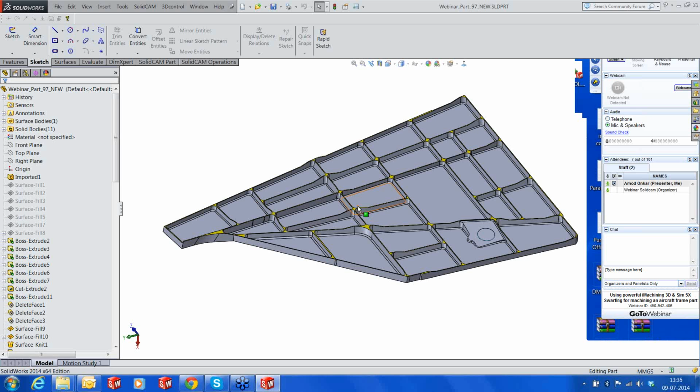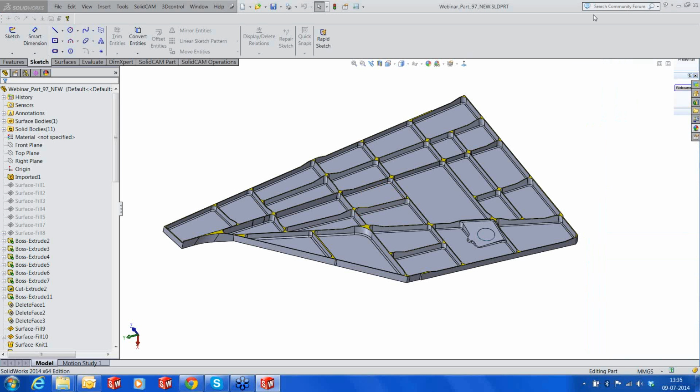I'm Amodonkar, and today we are going to have this webinar where I'm going to show you some of the nice things in SolidCAM, both in 3D as well as in the 5-axis side. What we are going to do is take this and run you first through all the design features that we have done on this part,